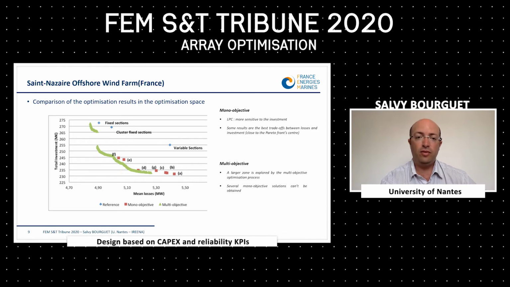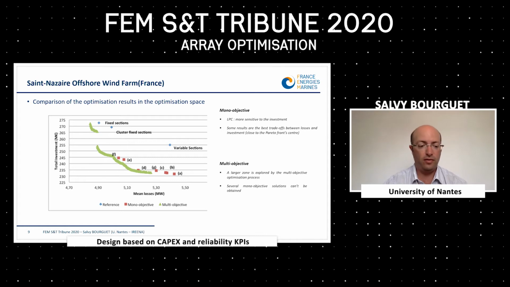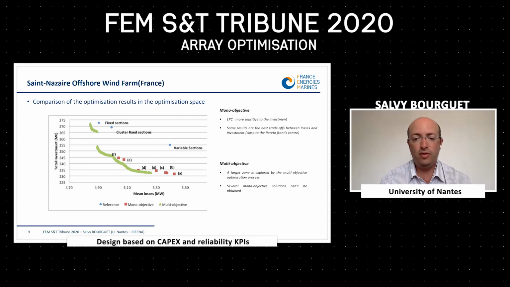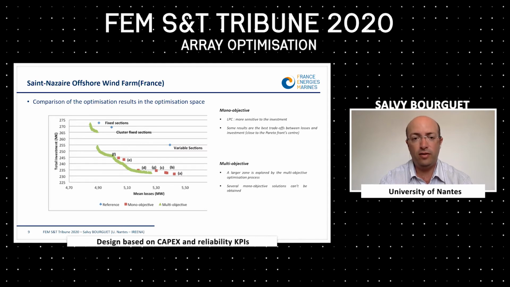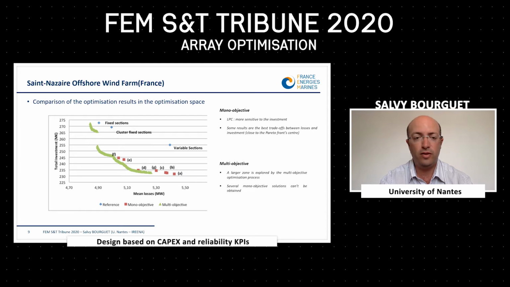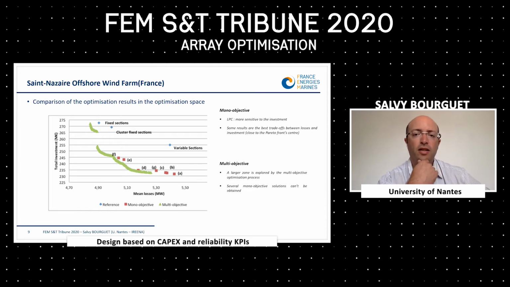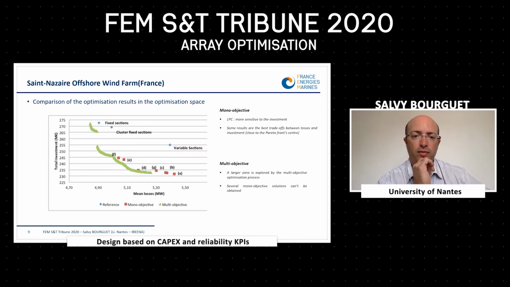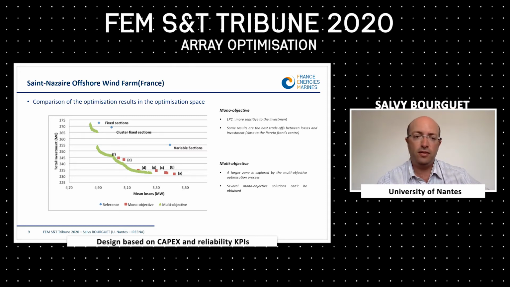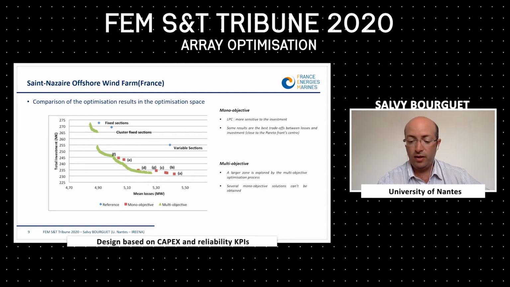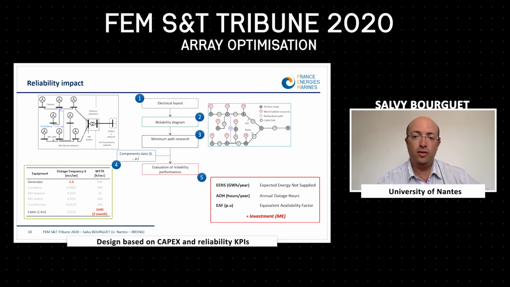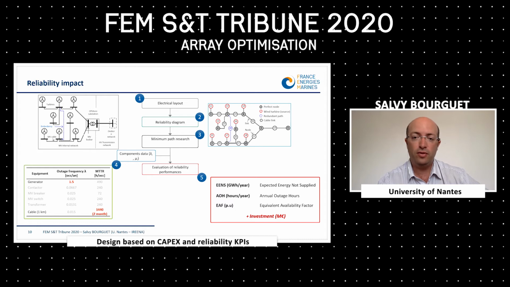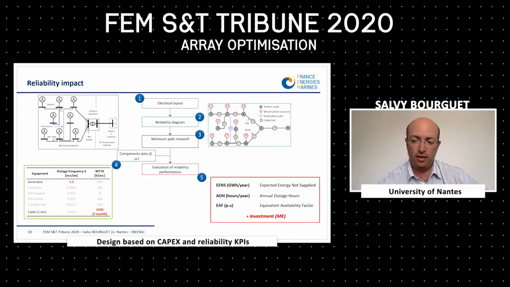If we go a bit further, we can have a look at the reliability impact of such architectures. I present you on this slide the different steps we have in our study. The first one is beginning with the electrical design on the top left of this slide. As you can see, it's a small example with 8 turbines. And in this architecture, we have a second step which translates this electrical architecture to a reliability diagram, which is composed of different nodes, the perfect ones, the wind turbines as sources, and the cable links. And each of those elements